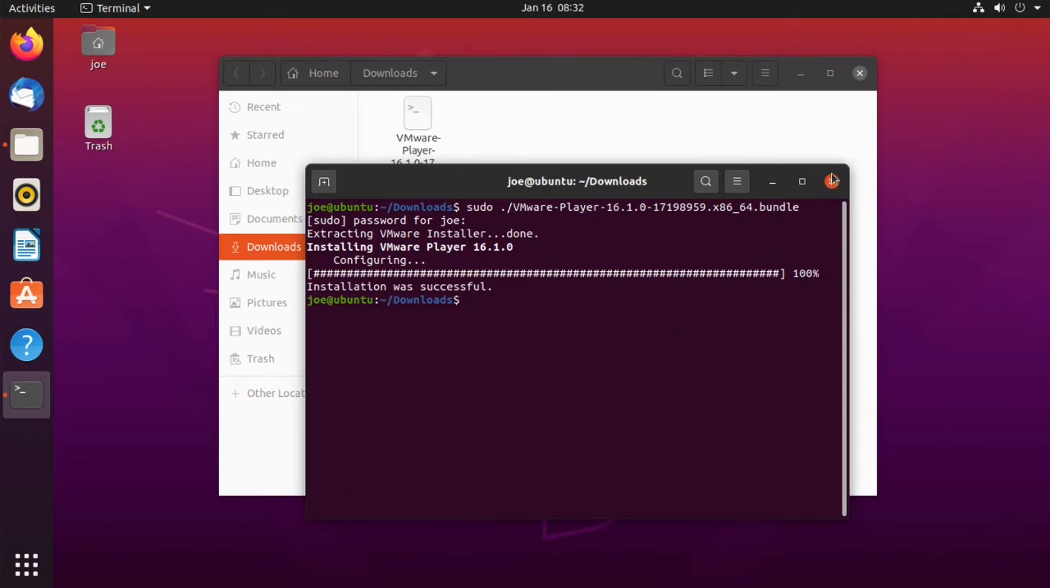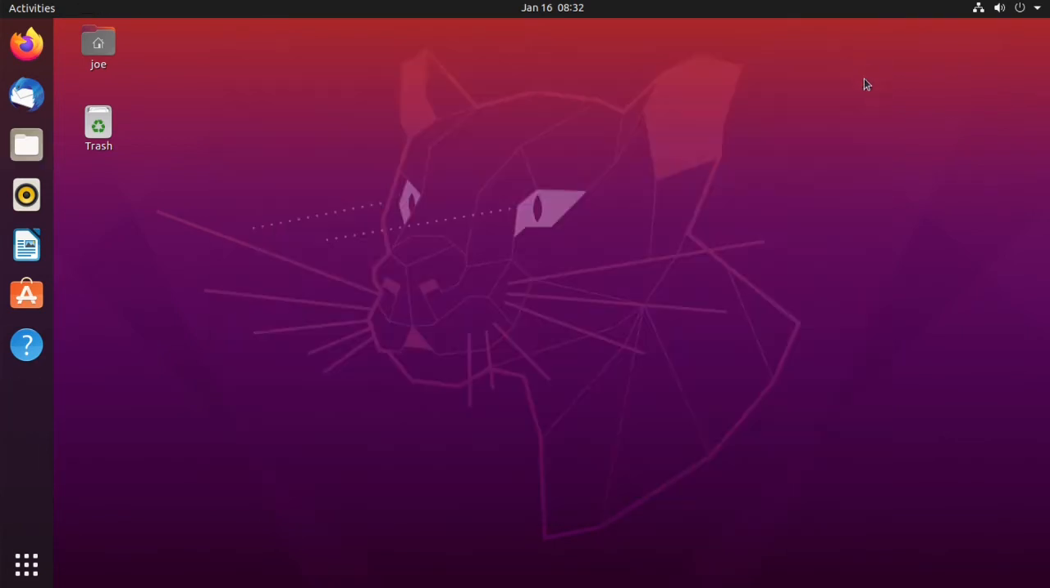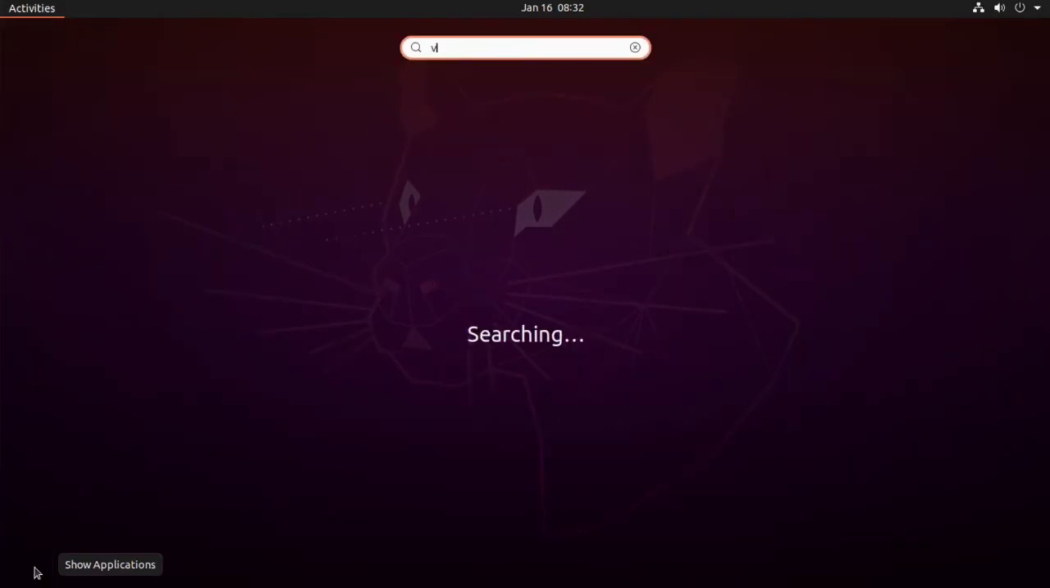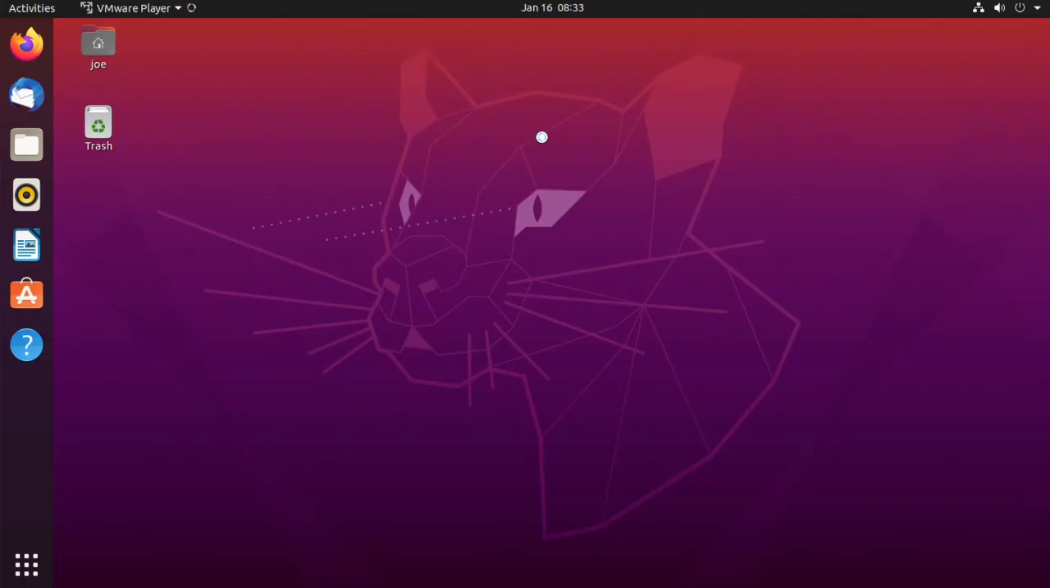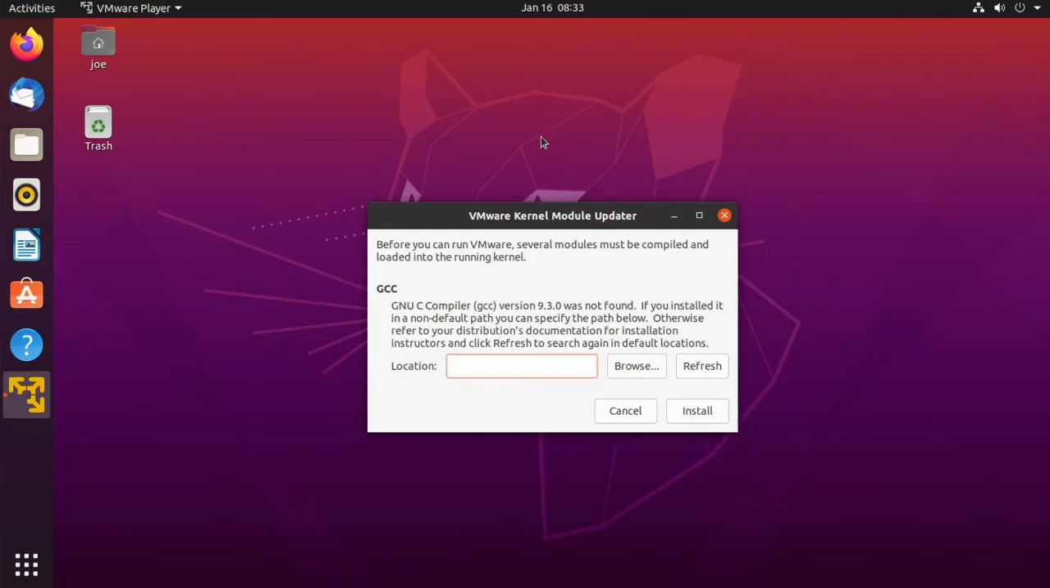You can close these windows now and start VMware Workstation. Okay, if you get this new C compiler version 9.3 was not found,